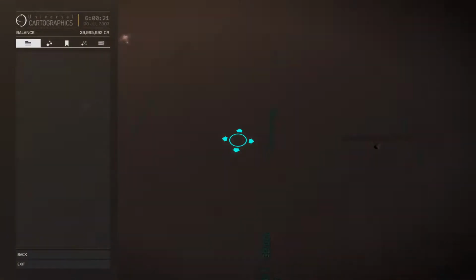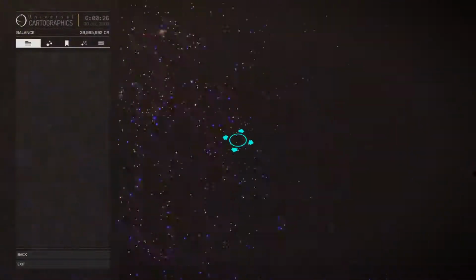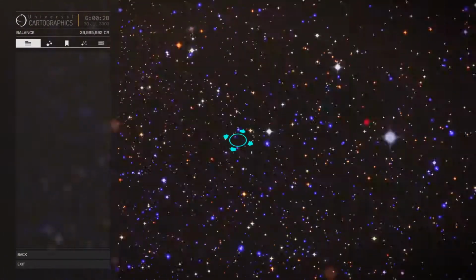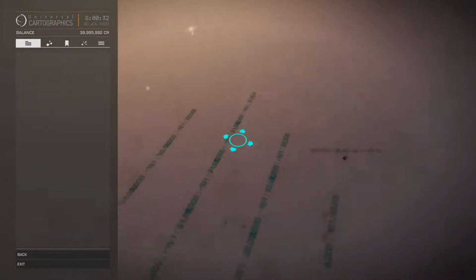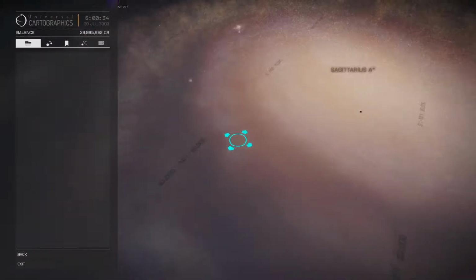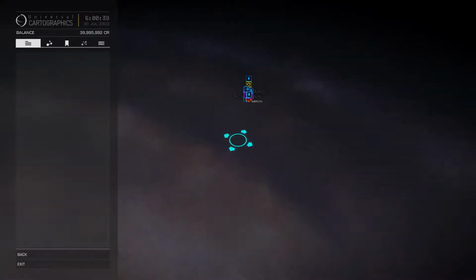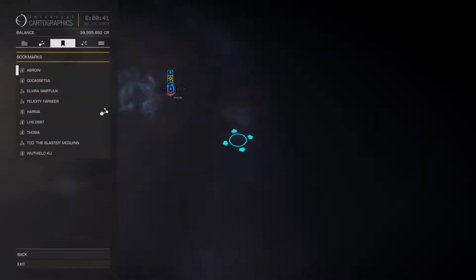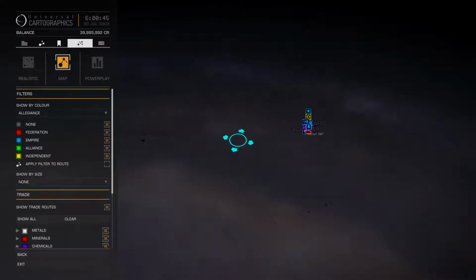And when you zoom in, look at all these little dots. Look at all those. These are all stars you can visit with planets. Now, most of these are probably uninhabited, because there's what we call the bubble, which is where human beings currently inhabit a certain area. So if we go across to the map type, we can have a look at realistic, which it's on at the moment. We can look at map version, which when you zoom in has got...